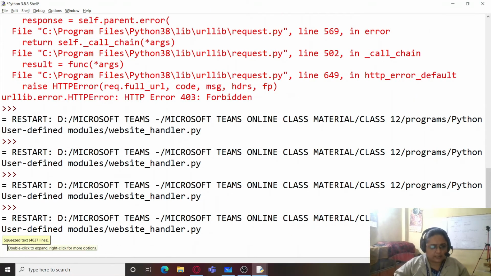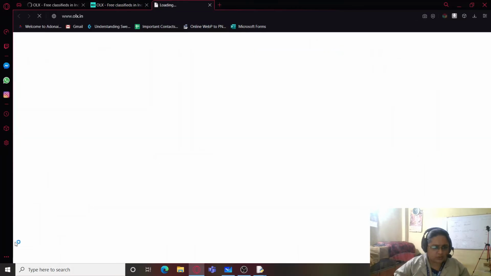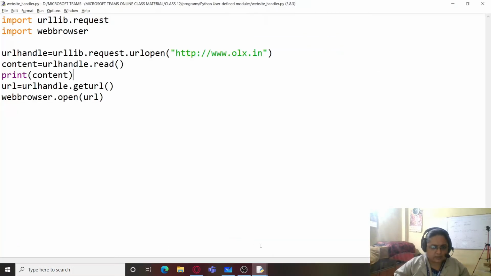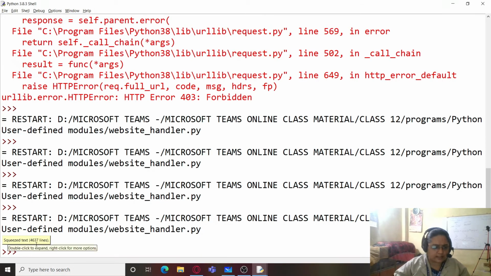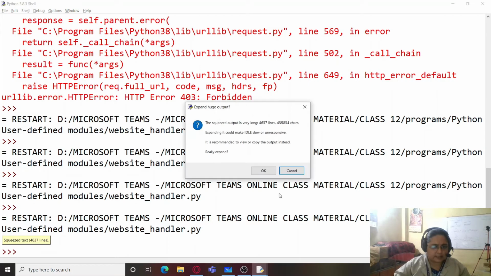Now you can see something is visible here, squeezed text. It has 4,637 lines. If you double click this, the squeezed output is very long. Expanding it would make the IDE slow or unresponsive, so it is recommended to view or copy the output instead.